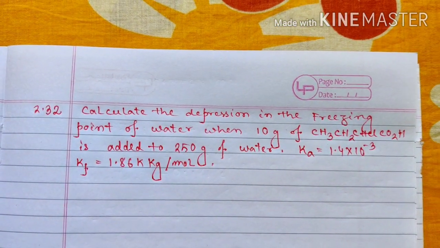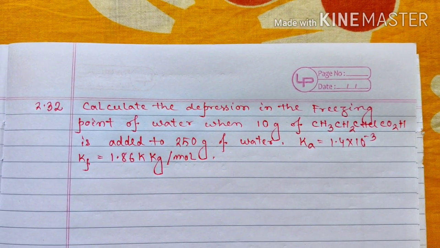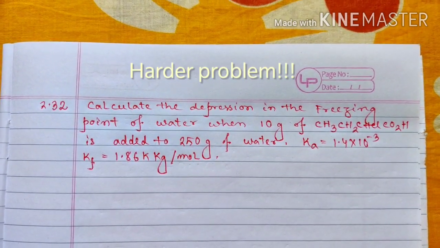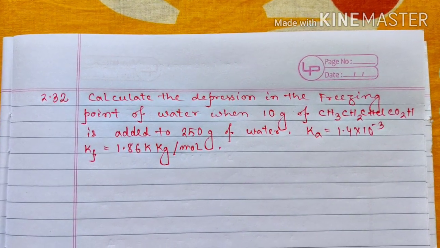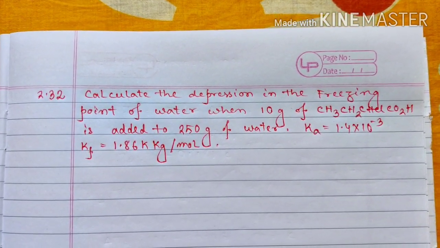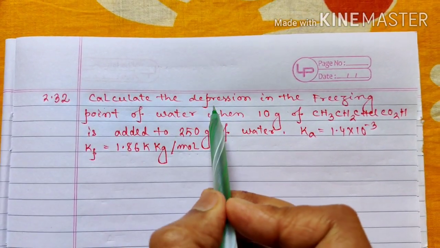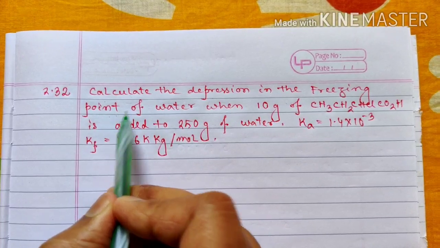Now, based on the topic that we have just discussed, we will solve a numerical, this 2.32, an NCERT problem, which is one of the toughest numericals of this particular exercise, one should say. So let us see why it is comparatively difficult. The question is, calculate the depression in freezing point of water